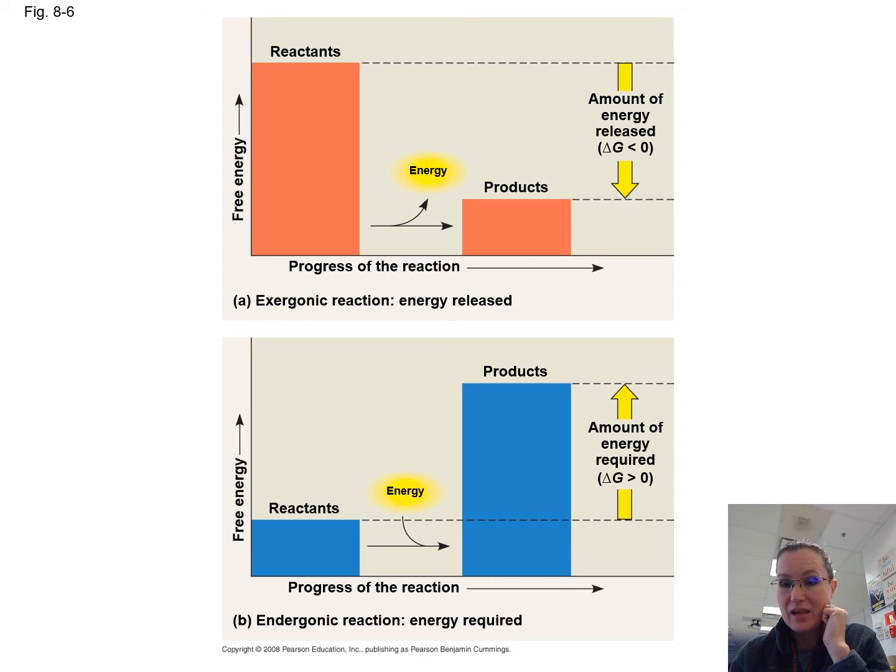We could also say that is spontaneous. And then if you also look at this, we have a decrease in delta G. So we would see that if we did an equation, it would have a negative answer. And then the bottom one is the opposite.